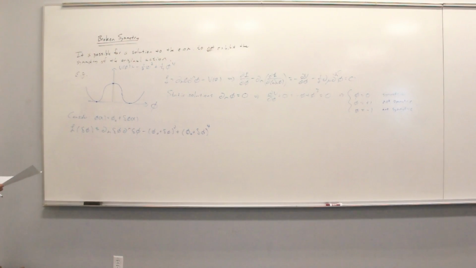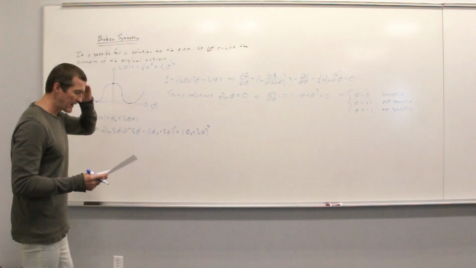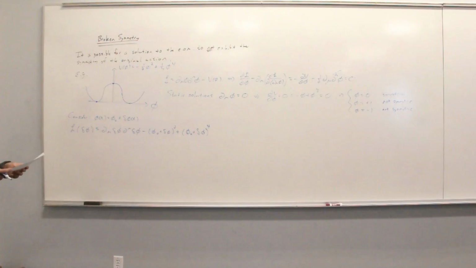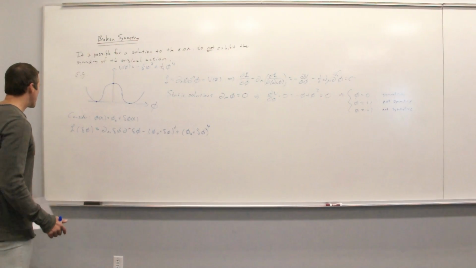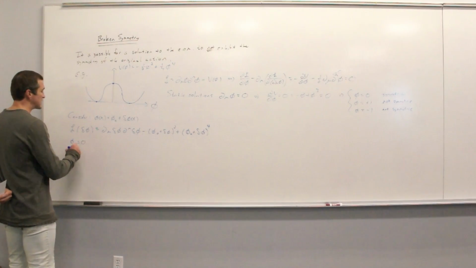For some strange reason in my notes, I decided to drop off the 1/2 and the 1/4 factors, but they're not really that important. Don't worry about it. Now I want you to notice, if we take phi naught equals 0,